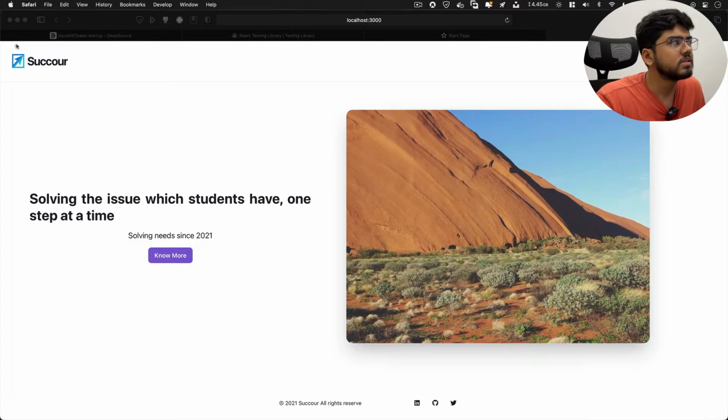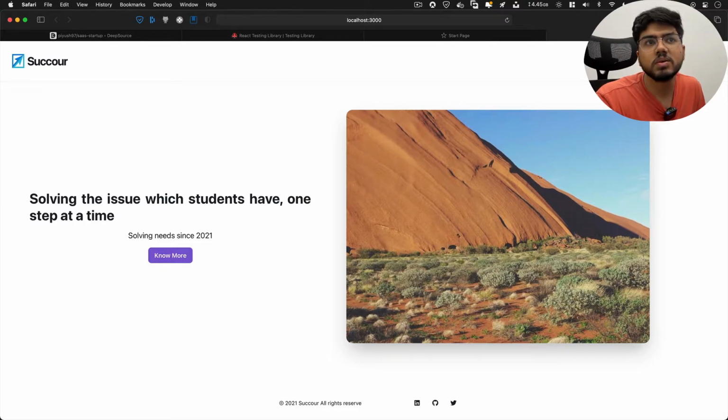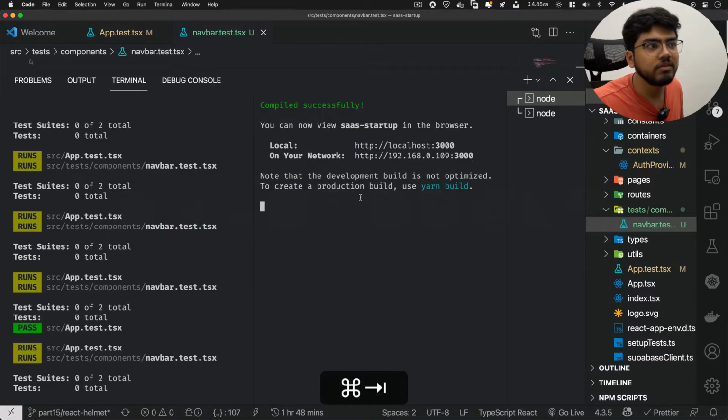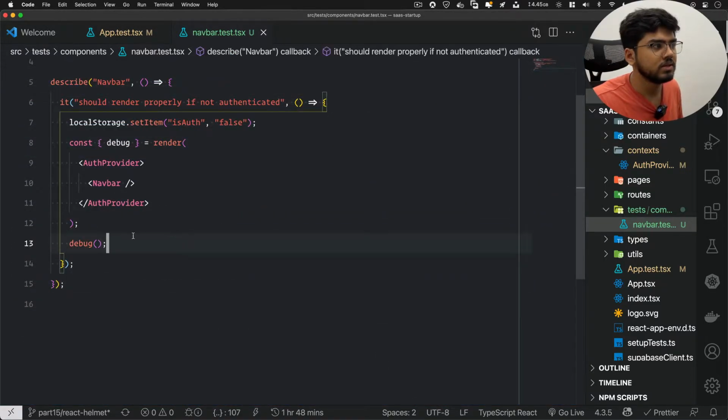As you can see, this is our navbar. First we have an image, then we have a text, then we have 3 links, home, login, sign up, and then a theme button. So if these things are available, then our navbar has successfully rendered, right? So we will make sure that these items are always there, and we will tell our library to make sure that you render all that stuff. So let's try how this works.